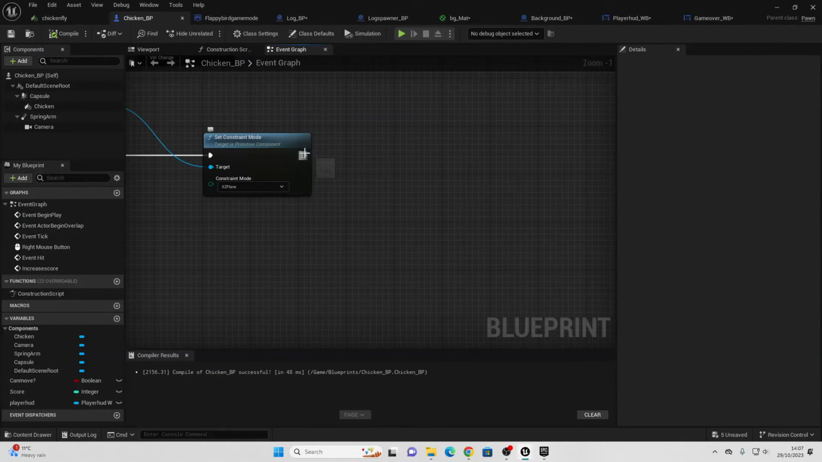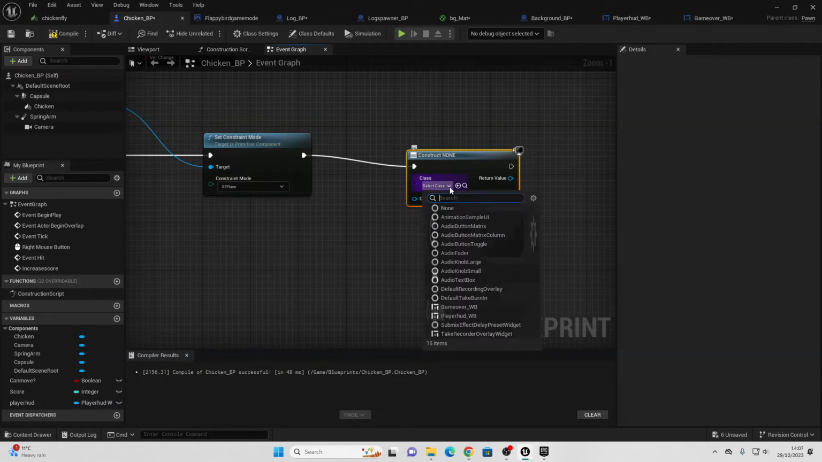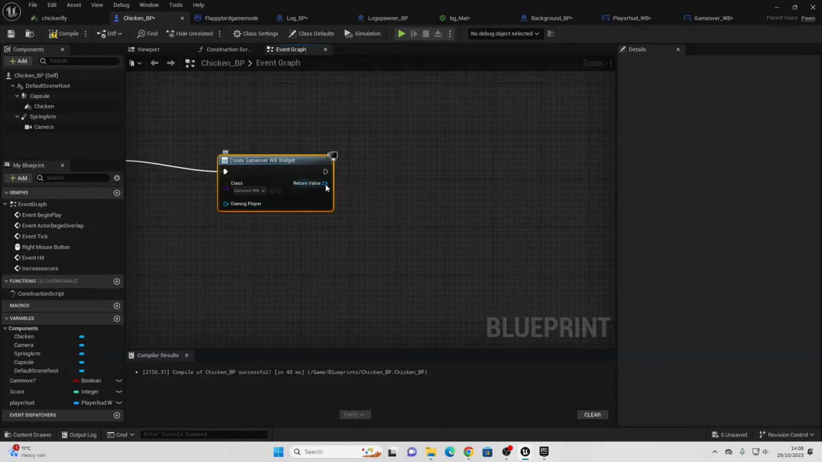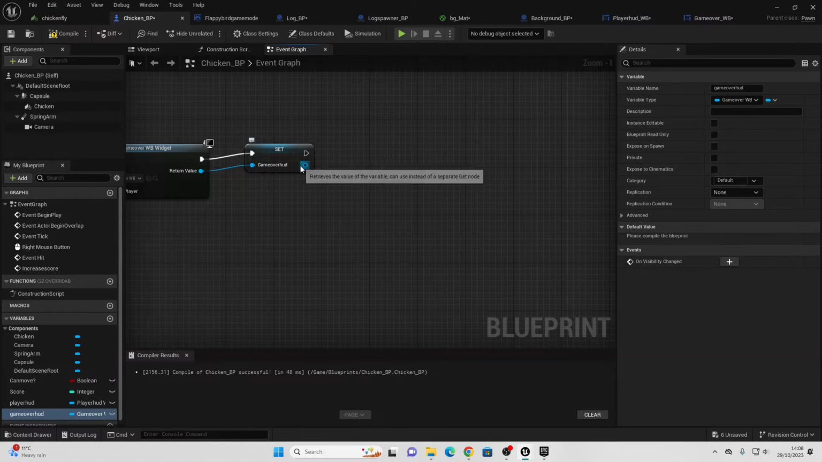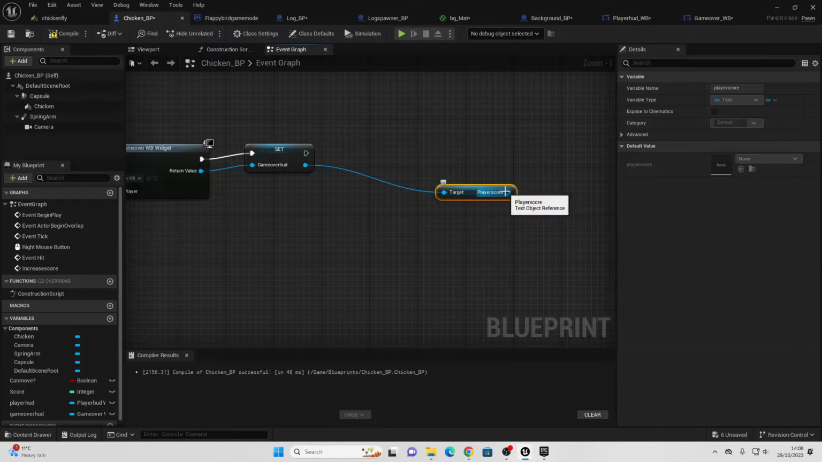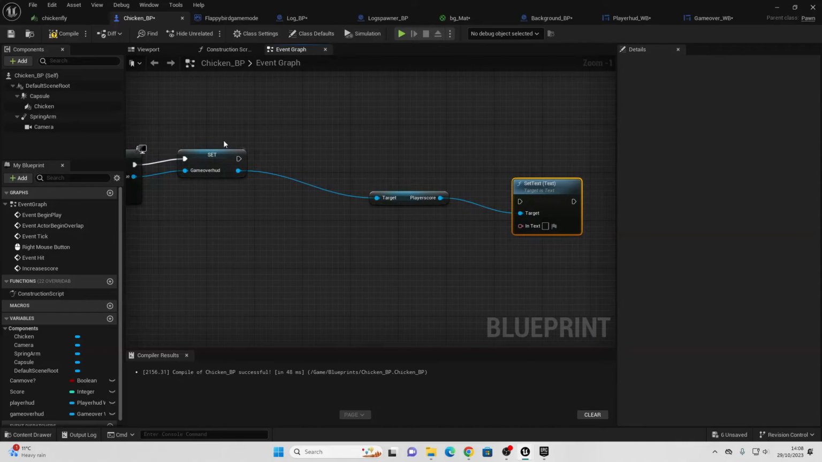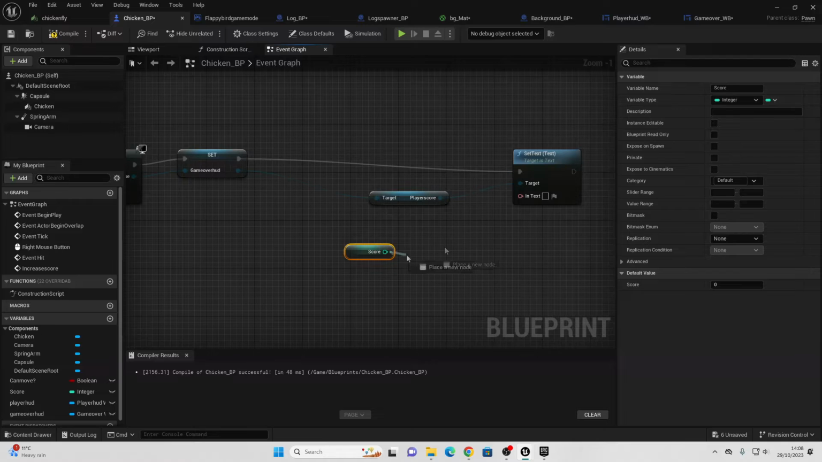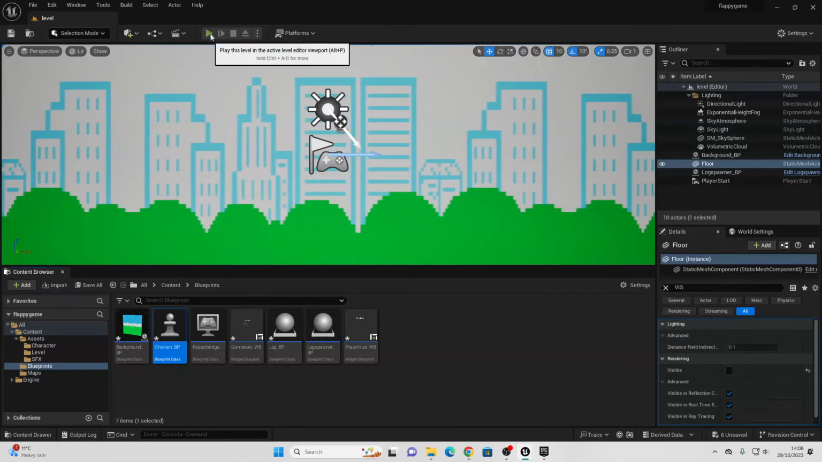dies, we just want to drag off here and look for create widget. This widget will be the game over widget blueprint. We can promote this to a variable, call it the game over HUD. Then we just want to drag off here and look for get player score, and drag up here and look for set text, and we want this one, set text, connect this into here, then drag in the score and connect it into here. Then just go compile, and if I play my game now,